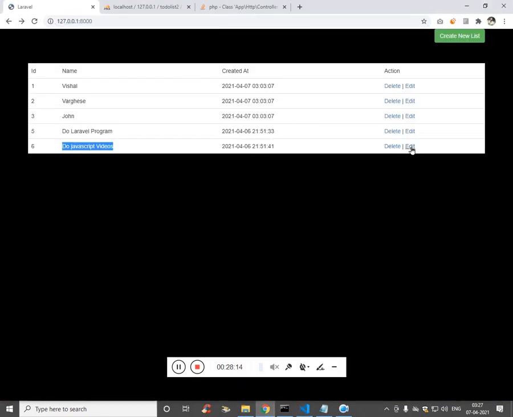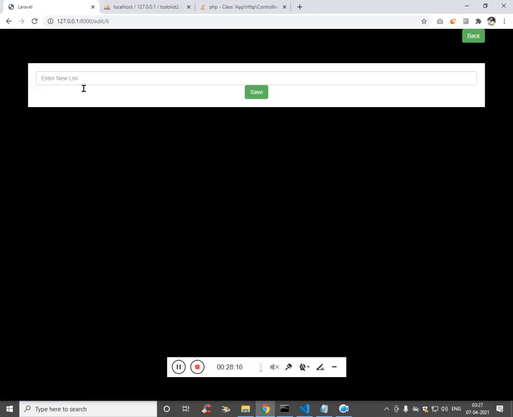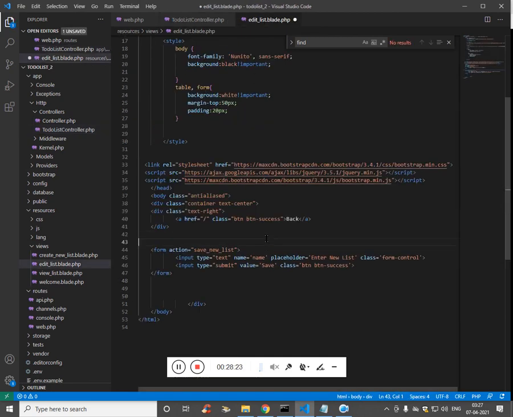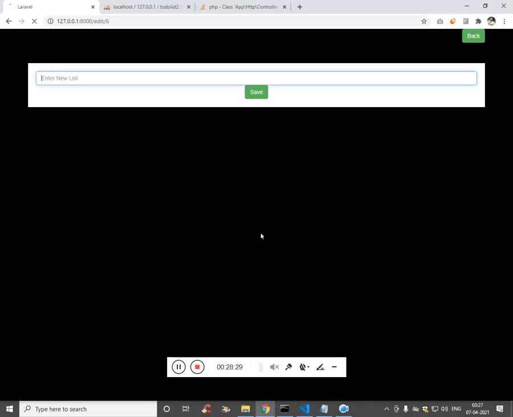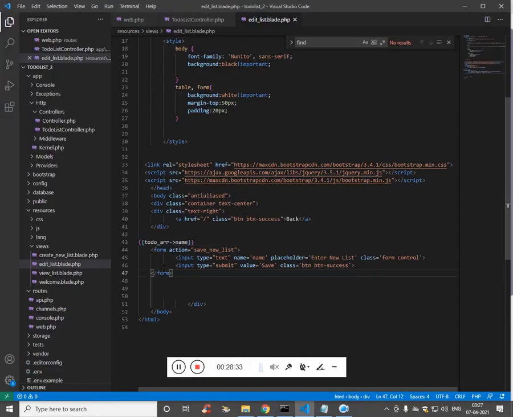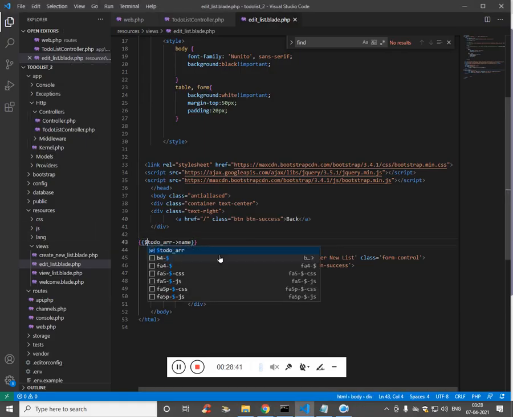Do JavaScript, click on edit. We should be able to access this. So we access this, use a template literal, then we'll pass name to check do JavaScript is working. There is an error, so we have to access it as a PHP variable.